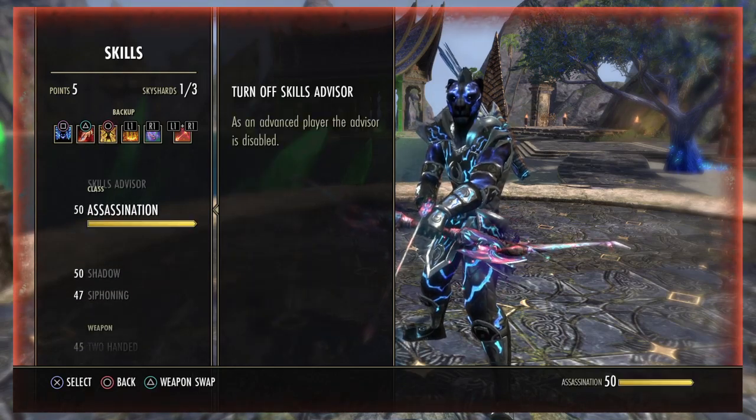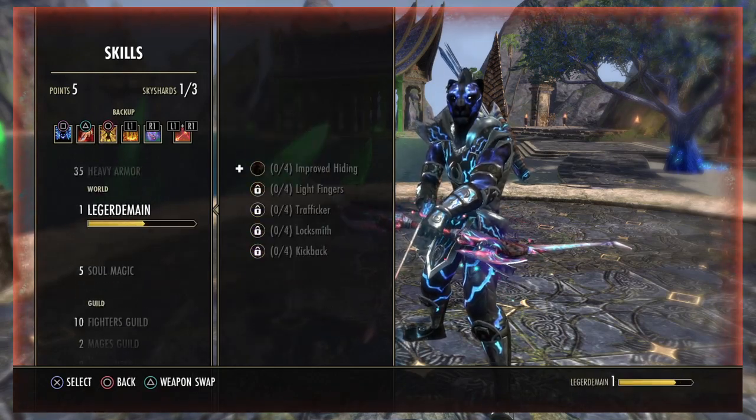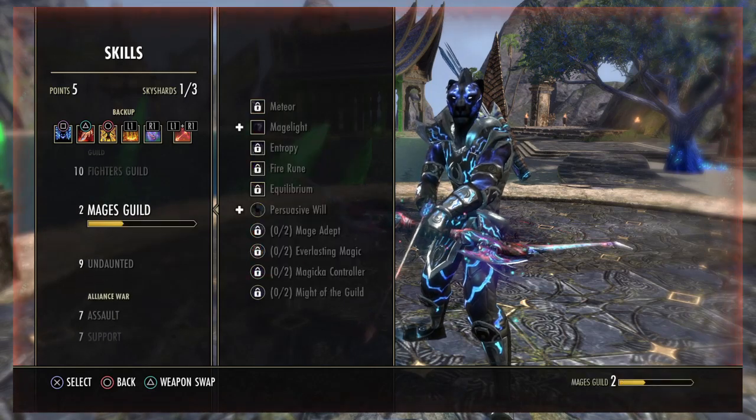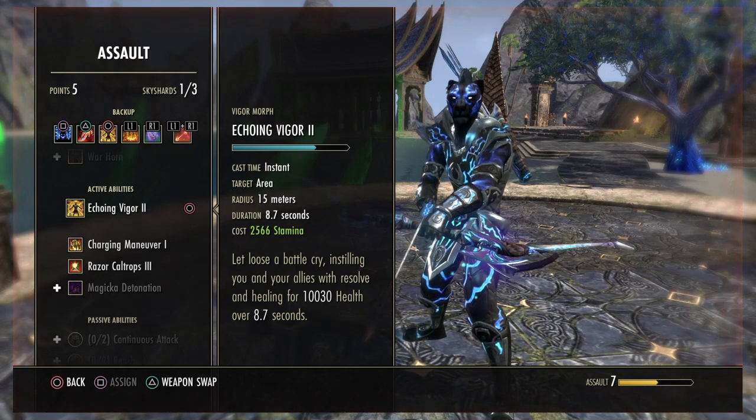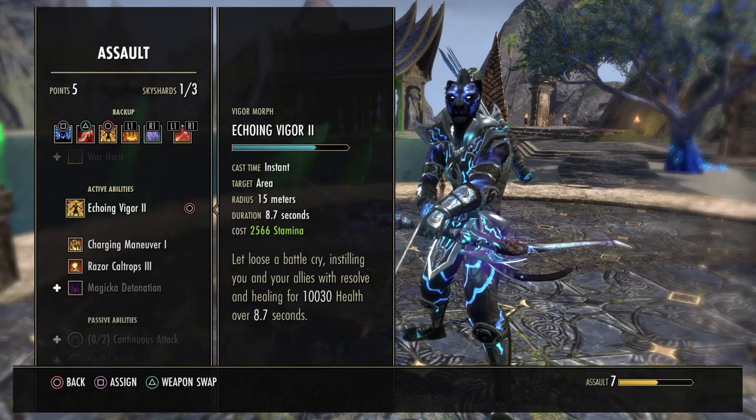The next thing we've got is Echoing Vigor. If you are only running a bow build, you can use the other morph, the green one, which will only heal yourself, but therefore has a bit of a stronger heal. I used to run that one, but I switched it to Echoing Vigor because I tend to swap from bow to dual wield quite frequently these days,